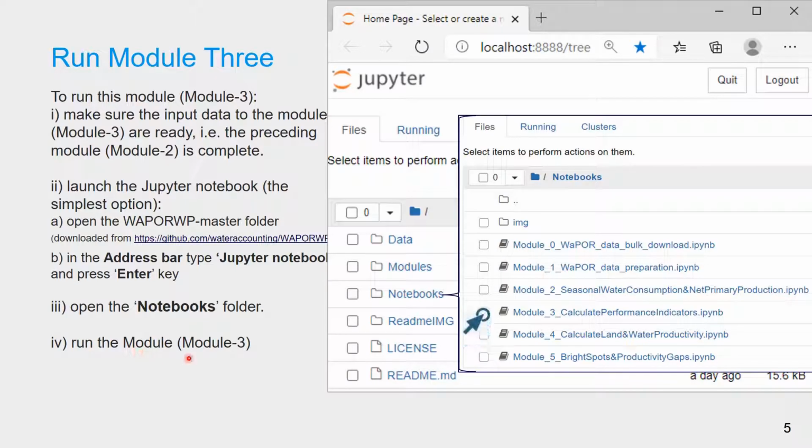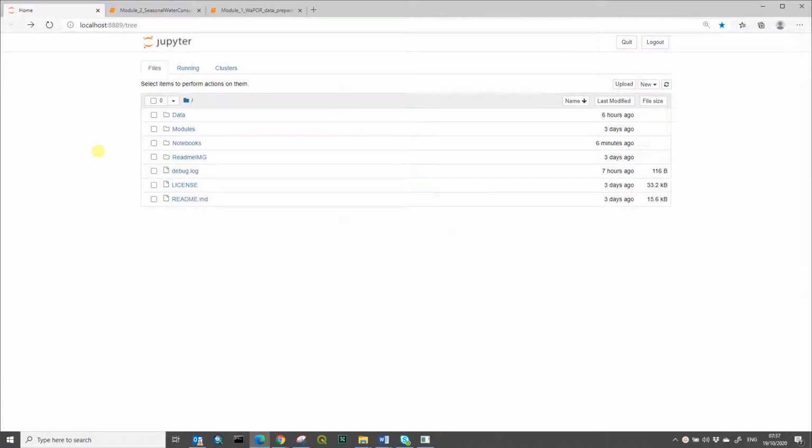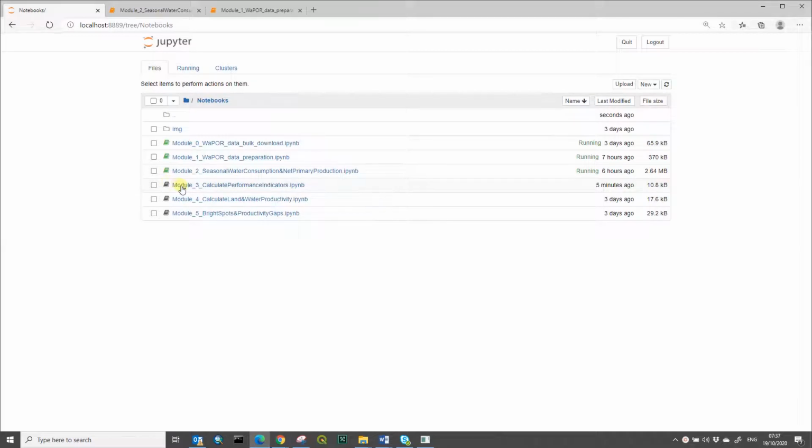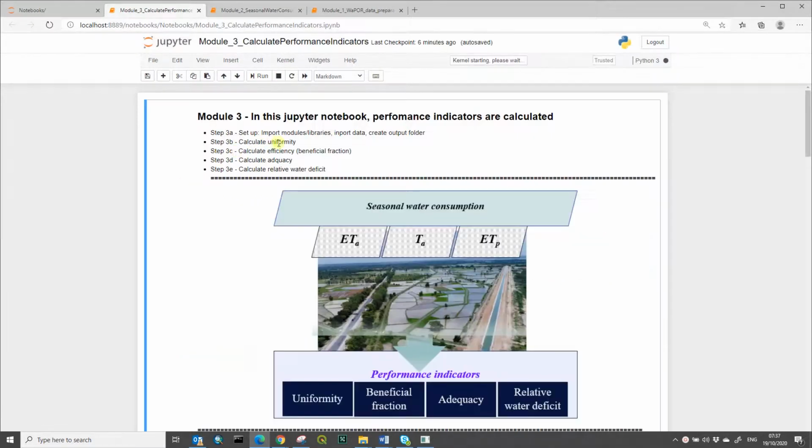Finally, run the module. From the launched Jupyter Notebook, click on the Notebooks folder, and then to run Module 3, click on it. Module 3, which helps to calculate performance indicators such as uniformity, efficiency, adequacy, and relative water deficit, has 5 main steps. It starts importing the modules library and data, and then creates an output folder, as part of the setup step,